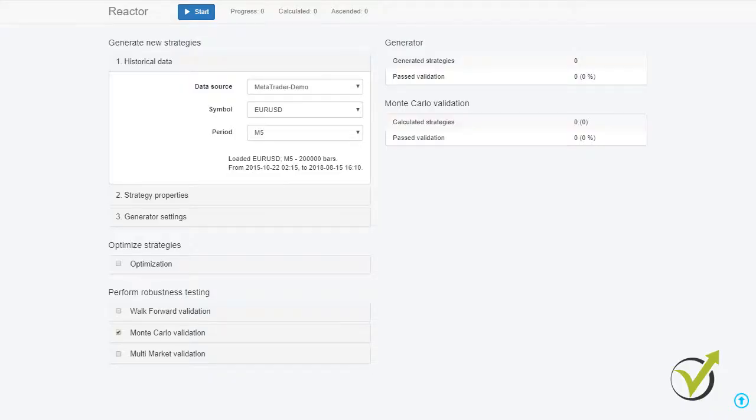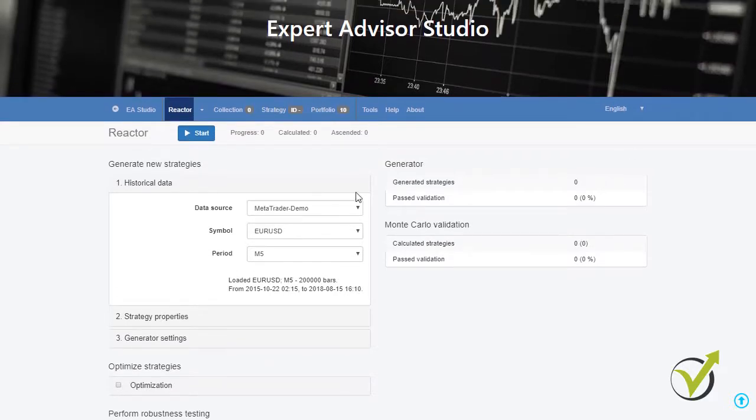Alright, the next question is, are the strategy builders being updated? Well, absolutely, especially the EA Studio during the last year had so many updates that I tried to catch up with the course, because there are too many new features in this strategy builder. At the beginning it was really a simple online application, I can say, where it was possible to generate some strategies. Now it is possible for the trader to do so many things with the Expert Advisor Studio, such as